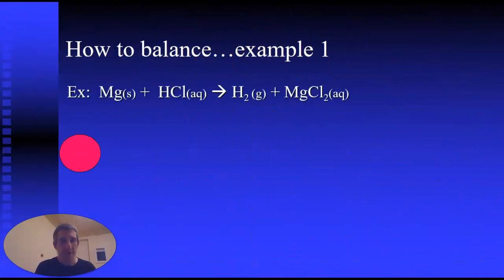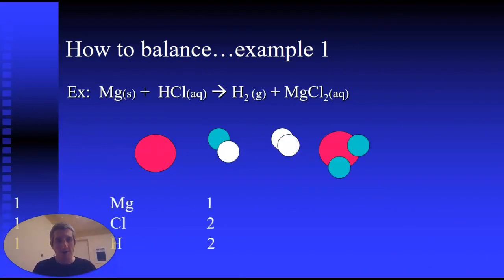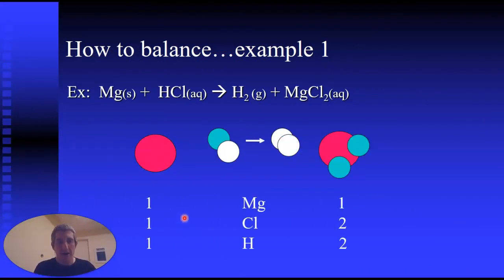So here's an example that I've done for quite some time. So here are my color-coded circles. And here's the inventory. So you have 1 magnesium coming in, 1 chlorine coming in, 1 hydrogen coming in. And on the other side of things, you have 2 hydrogens. That's what this 2 means. So 2 white circles. So there's the number 2 next to the letter H for hydrogen. 1 red magnesium, and then 2 chlorine atoms or chloride ions,